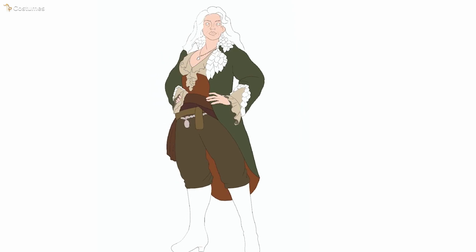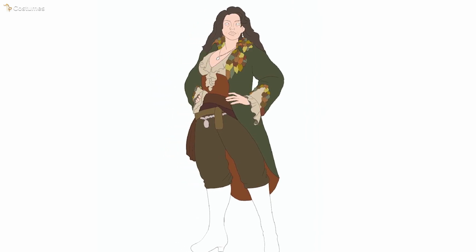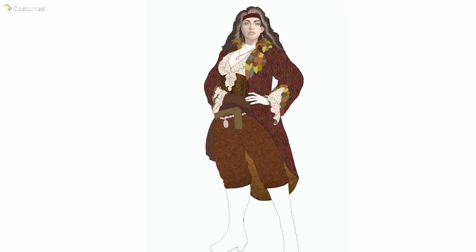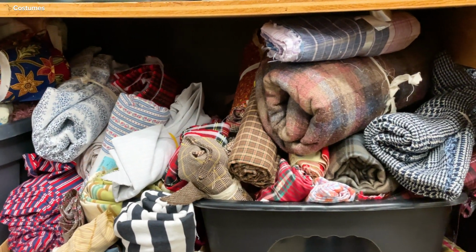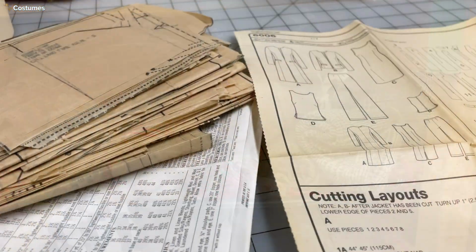And then kind of from there, it starts to be, okay, well, why would this character be wearing this? And is it purple? And should it be purple? And is it exaggerated or is it really simple? Because if clothes are going to represent the character, you want to have a good understanding of character first. Then you move on to making a drawing of what you want, just so you have a slightly more visual representation. And then after making a picture, going fabric shopping or pulling from stock that you might already have,